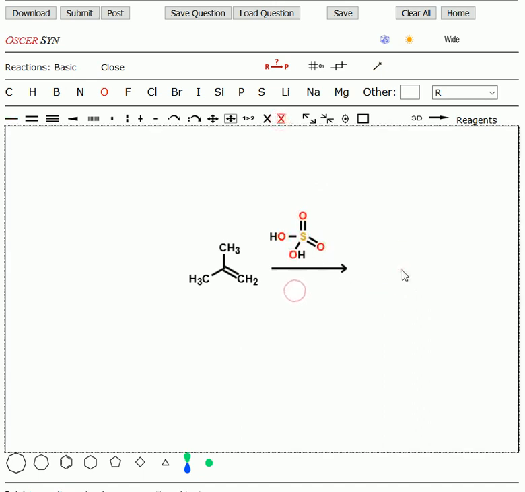Now, what if we don't have water? What if instead of water, we have an alcohol down here? What if you take methanol with some sulfuric acid? What are we going to get? We're going to get an ether, in this case, t-butyl methyl ether. Very, very nice way of making ethers. You can do a lot of these things. You can take